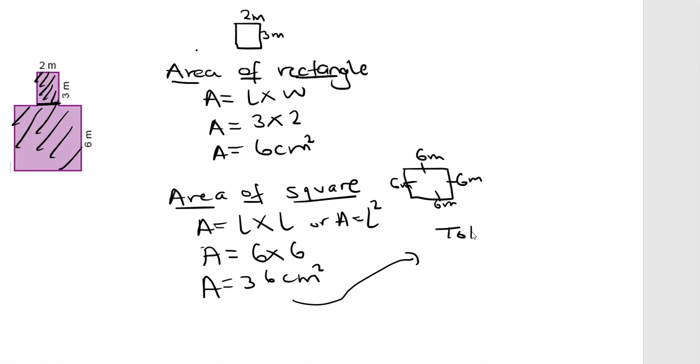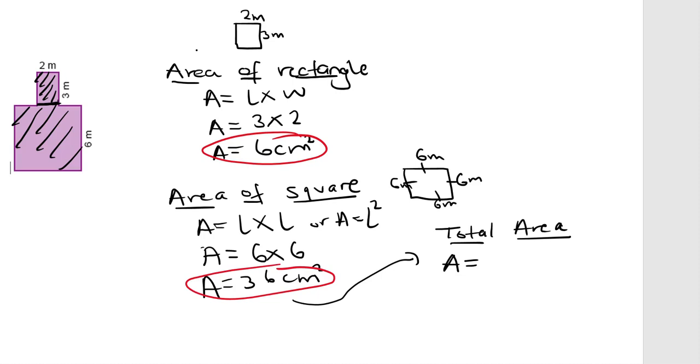So total area, okay, if you wrote area of composite shape, that's fine as well. So total area is equal to, so I am going to get this and add it with that, and I'm done. So 6 plus 36, so my total area is equal to